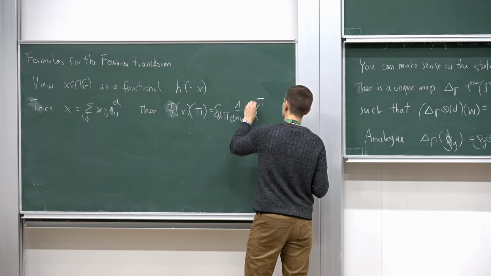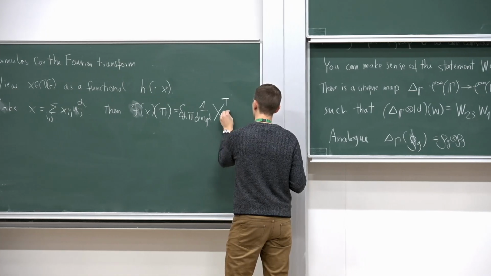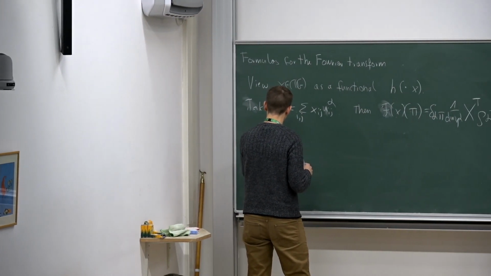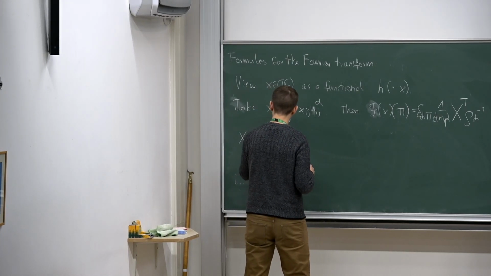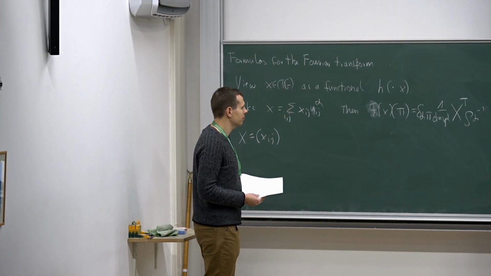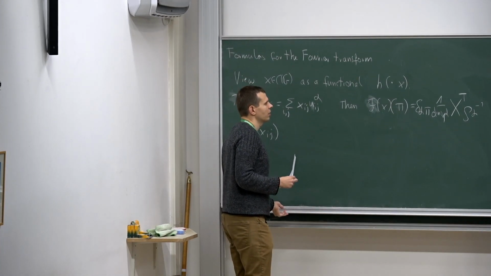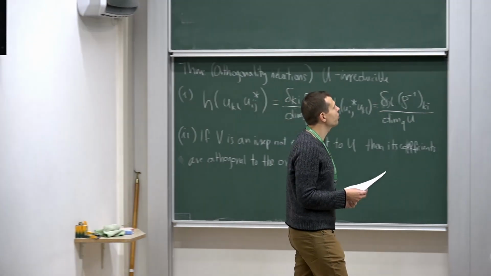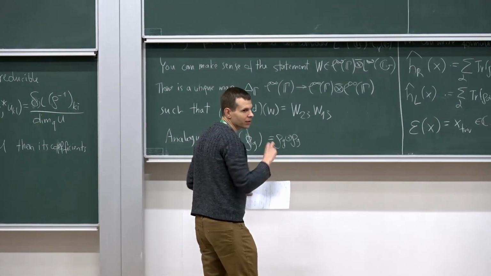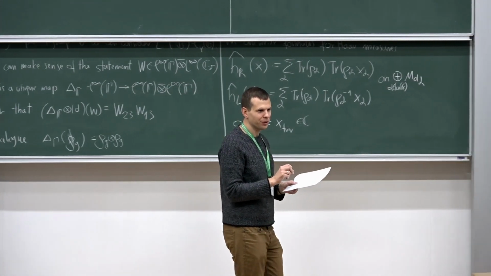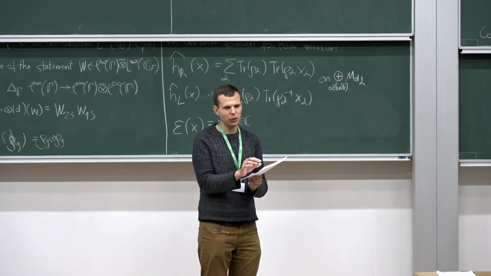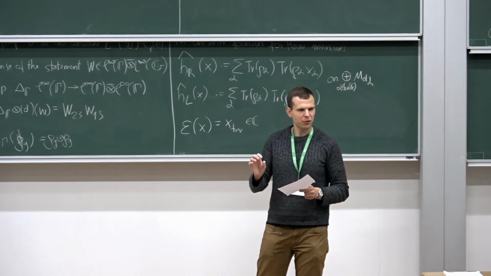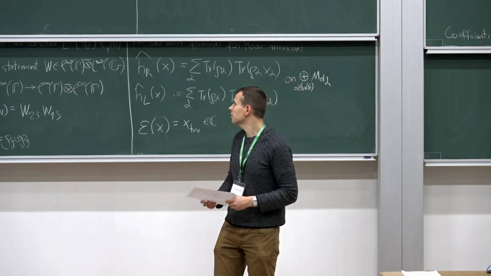Take the x transpose rho alpha inverse. Right, so x is just the scalar matrix with entries x_ij. And this is the real reason why I prefer to work with this definition where you have a star. That actually this is somehow, if you start from a particular representation, you get coefficients in this representation, not in the conjugate one. So this is maybe better for recovery in Fourier analysis.